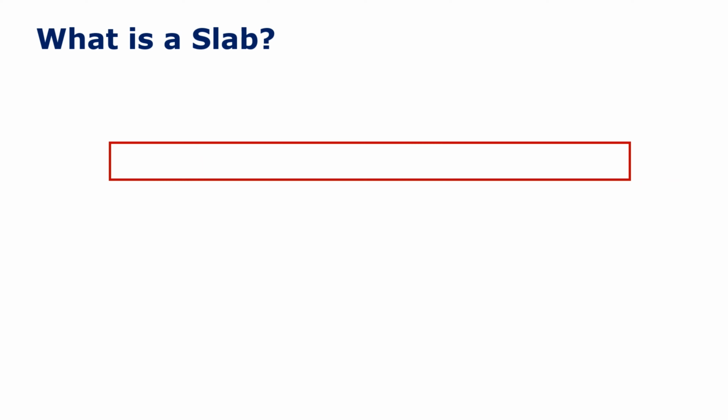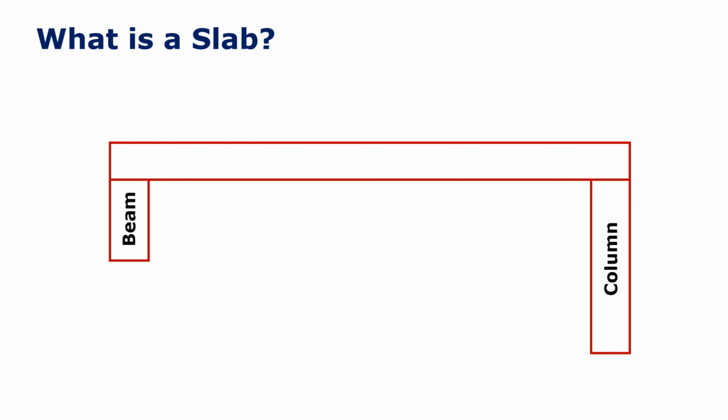So, what is a slab? A slab is an important structural element which is constructed to create flat and useful surfaces such as floors, roofs and ceilings. It is a horizontal structural component with top and bottom surfaces parallel or near so. Commonly, slabs are supported by beams, columns, walls or on the ground. The depth of the concrete slab floor is very small compared to its span.